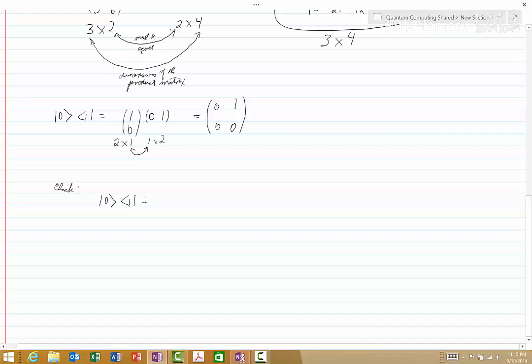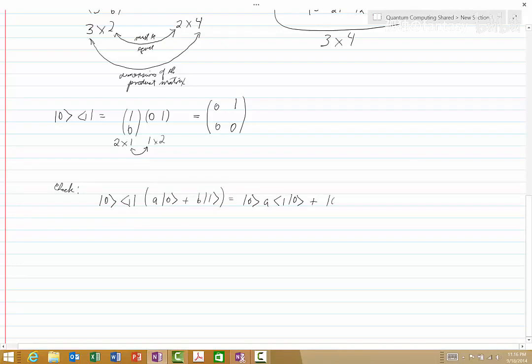and we let it operate on the vector A0 plus B1, well, let's see what we'll get. We would get 0, and then we now have 1 operating on this, and so we would get A. The A can come out, and we have 1, 0